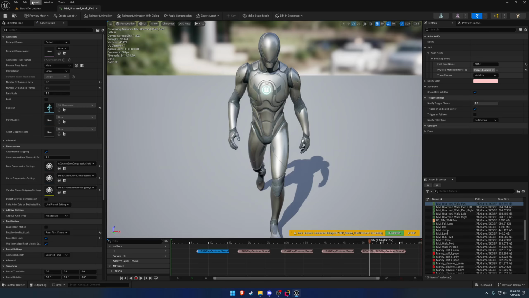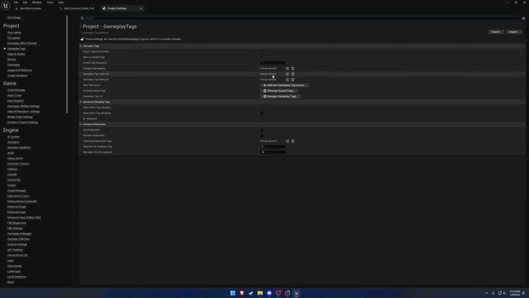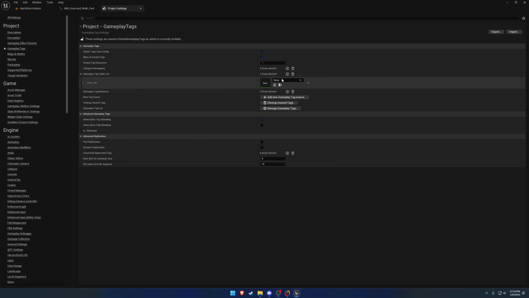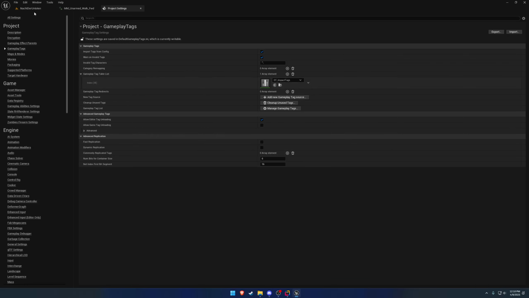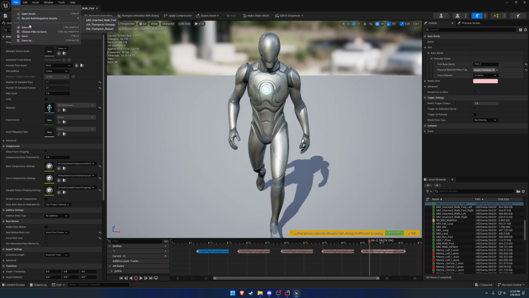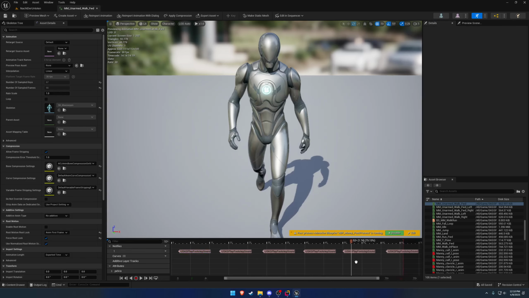Hit save, go to project settings, gameplay tags, and add a new gameplay tag table list to our new DT impact tags. So now we can save, and we have the actual tag there. So we know we are ready to go, and we really just need to, for the most part, set up